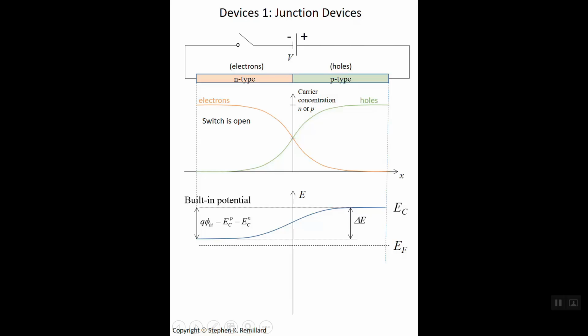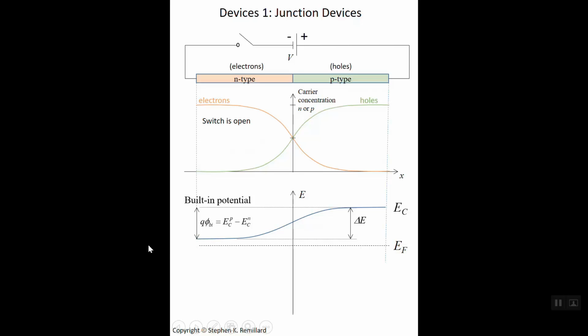It is in a more negative electric field, meaning that the potential energy of the electrons, which equals minus Q times the potential, goes up. Just remember that when charge is in a region of the same charge, it goes up. And so when that electron encounters acceptor dopants, it wants to go back home. So the potential energy of an electron goes up as it diffuses into the p-type region, and that's reflected in